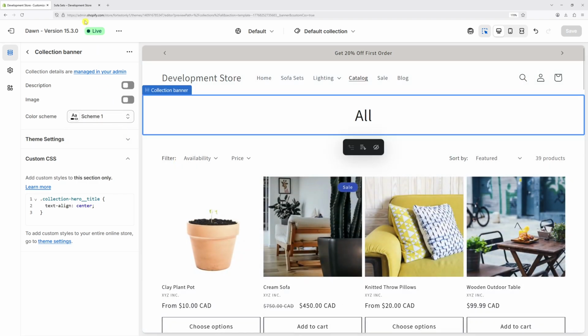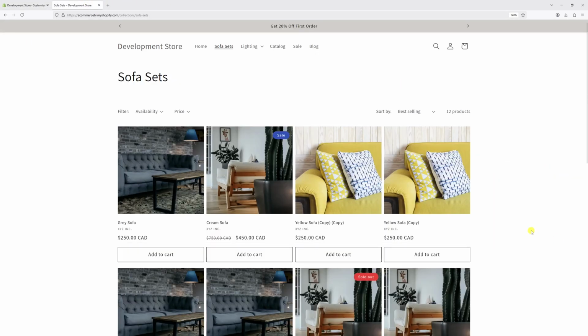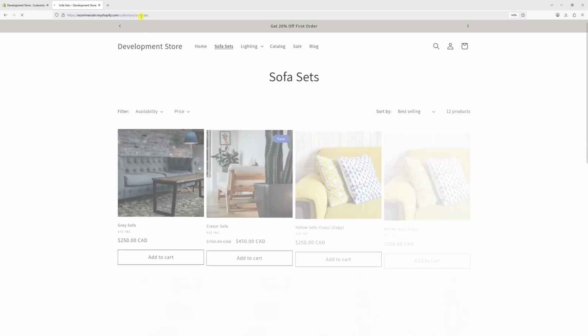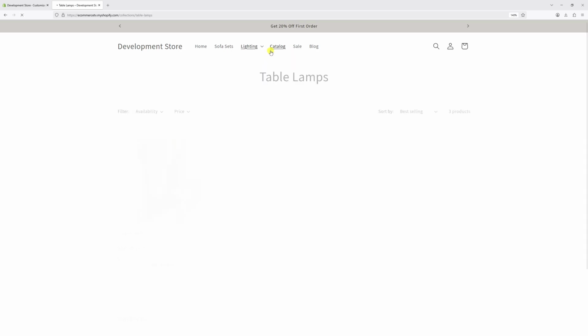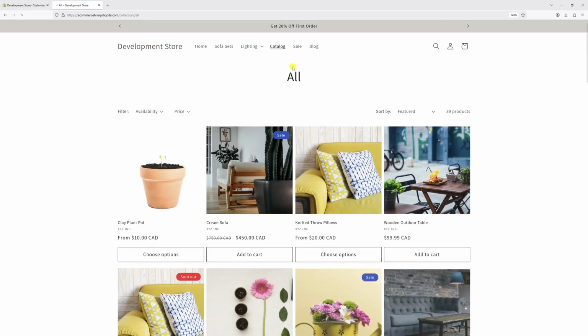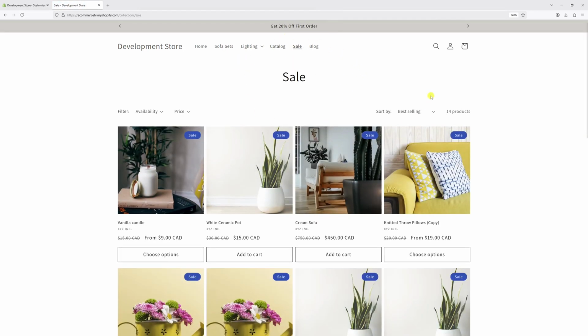Now let's go back to the website. Let's try refreshing the collection page. And as you can see, the collection title is centered, and this change will be reflected on other collections right over here. And finally, if you want to preview it on mobile, just simply right-click on the empty space, then